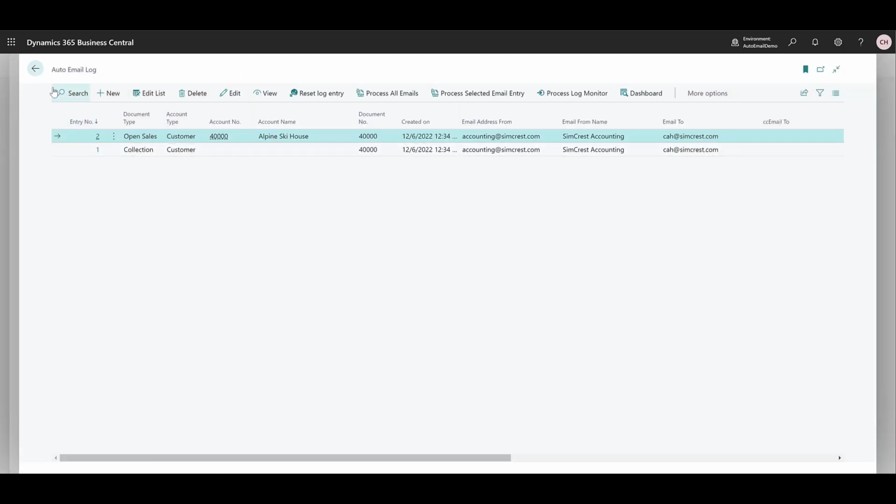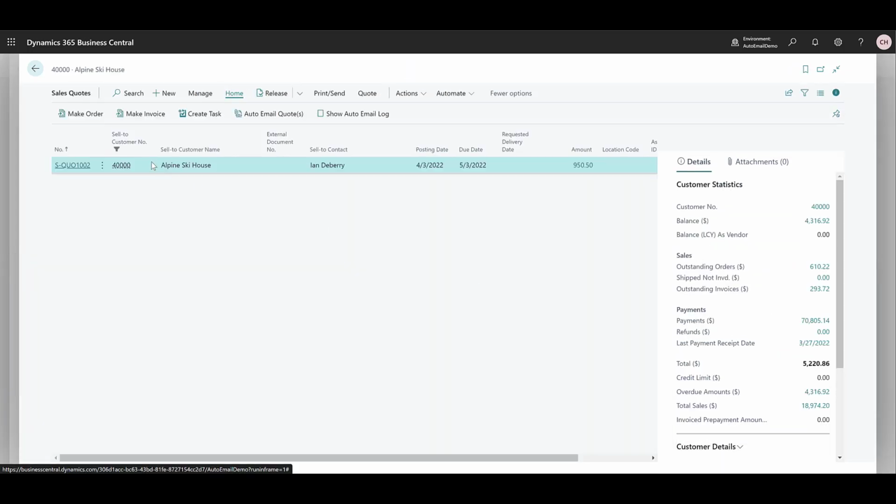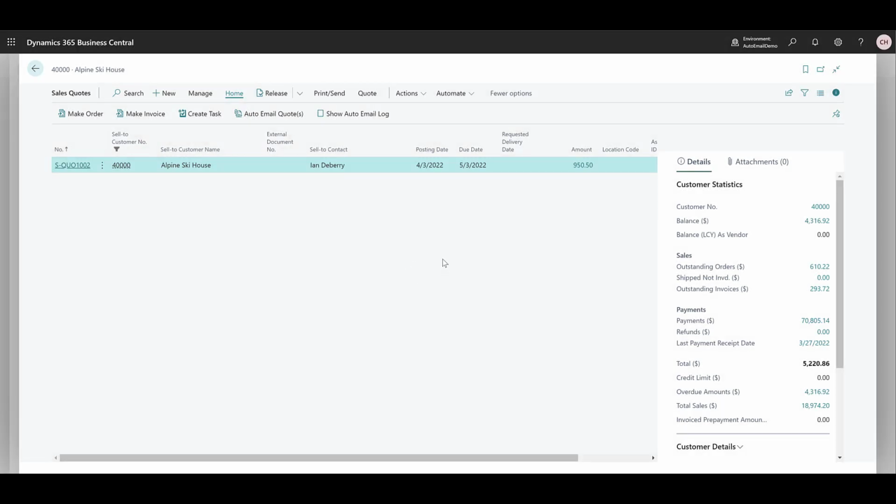So that's an example, or a couple of examples, of how we can send something out really quick. Let's say they have an ongoing sales quote. I see that they have one, and I want to email it. When I do this, it works a little bit differently. The reason it works a little bit differently is because we've said that